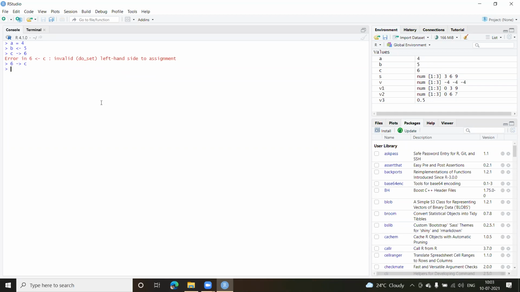Now let me do the addition. I say S. Okay. I use this A plus, let us put C. Okay. I got the S value. You can see 10. No change. There's hardly anything. Similarly, I can give S equal to A plus B. Okay. Here you can see 9.